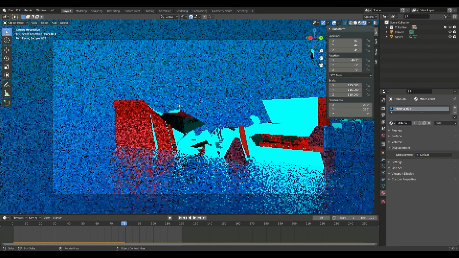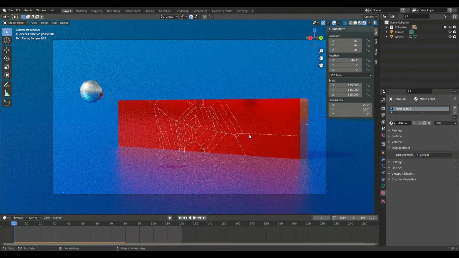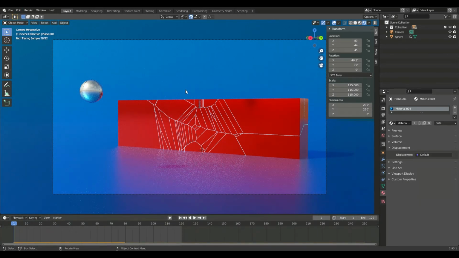But yeah, you can even just render this out and it looks pretty cool in itself. So yeah, that's what you do to make the falling apart cube in Blender. That's how you use the Cell Fracture add-on in Blender.